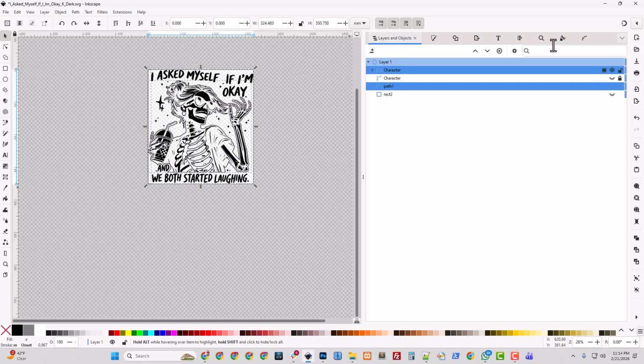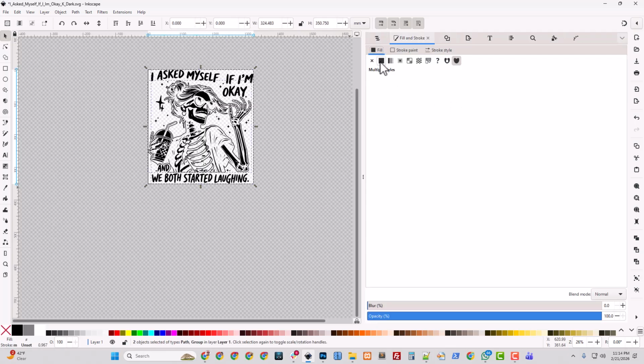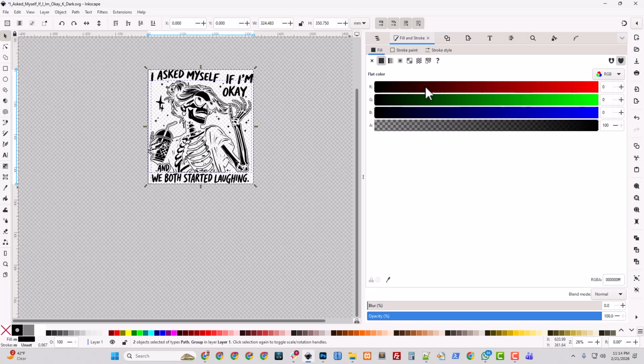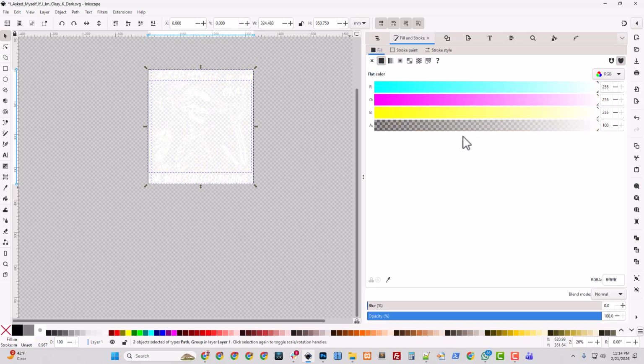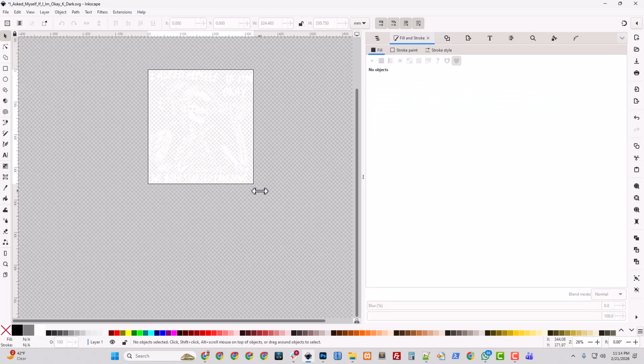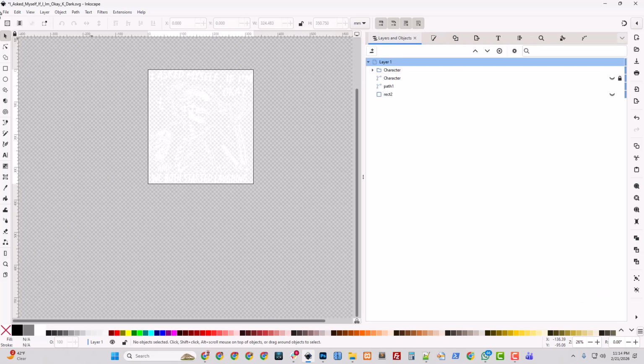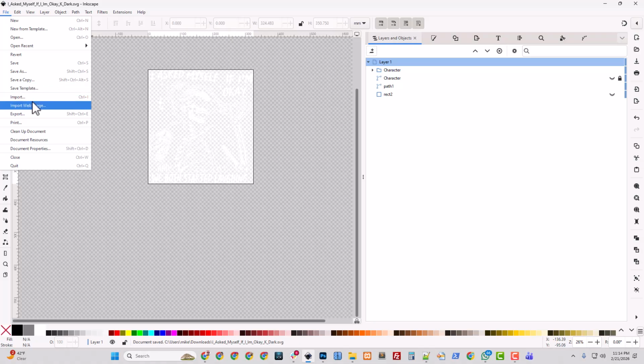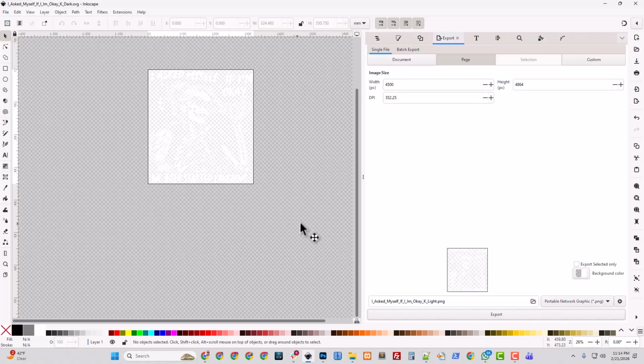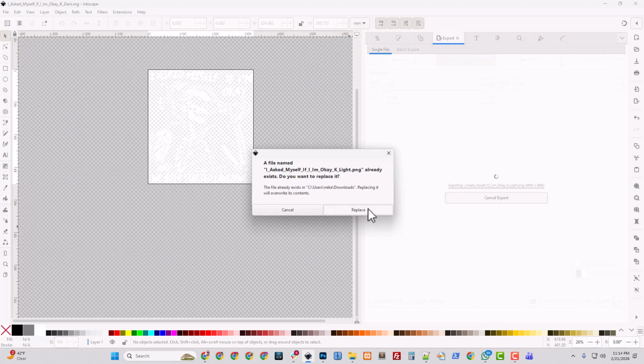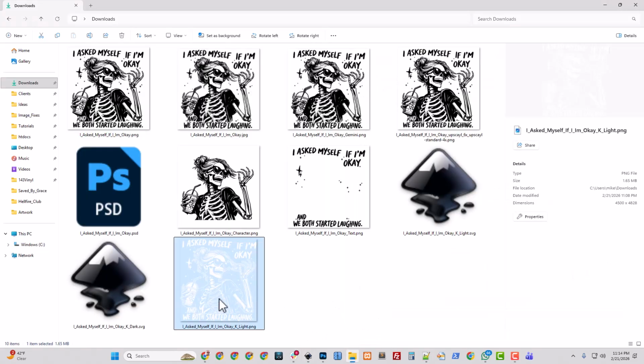And then I'll select everything. And we'll just change it all back to white. Boom. File save. File export. Make it big. Replace. Awesome.